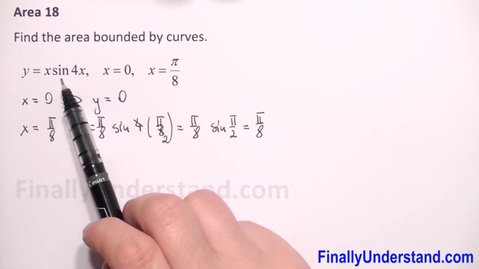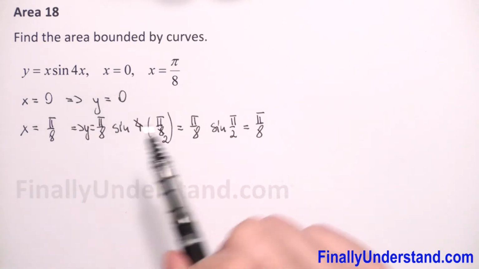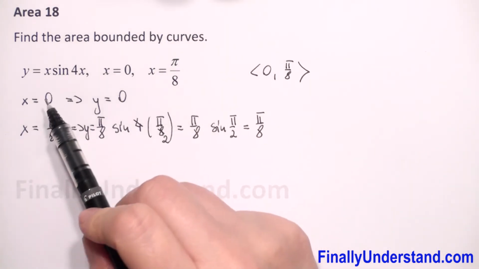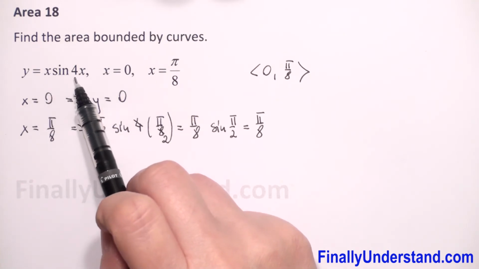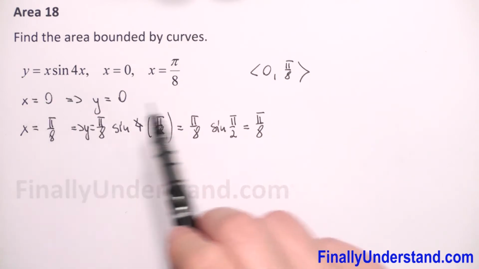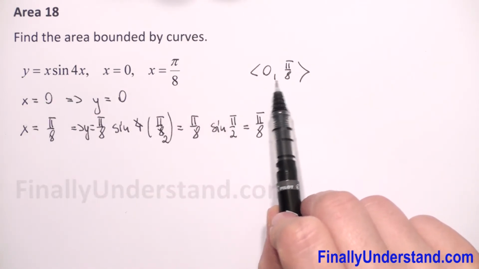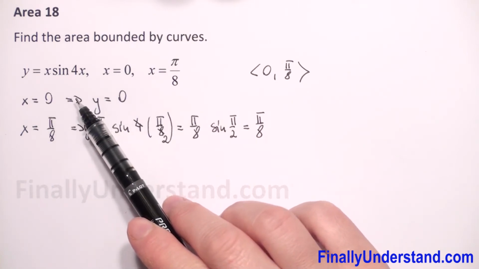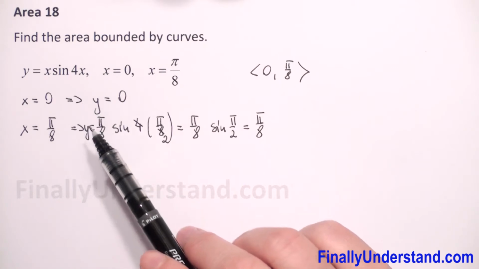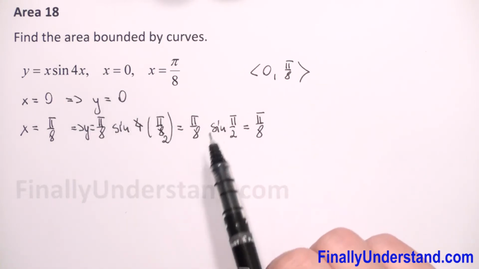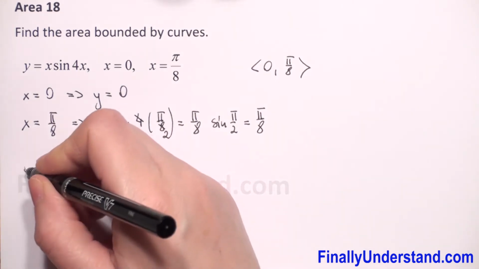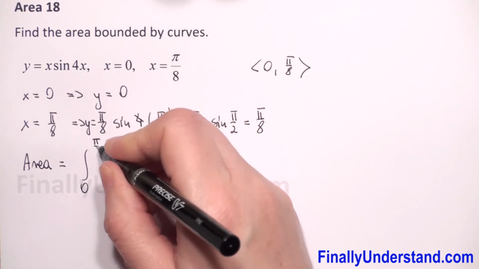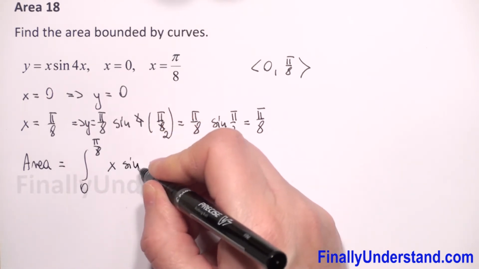Because we have here x times sine of 4x, and we have this interval from 0 to pi over 8, these values are positive. Sine of 4x in this interval has positive values. So when we multiply x times positive values, positive times positive, we will still have positive values. So our function in this interval will be positive. So the area of our curve will be equal to the integral from 0 to pi over 8 of x times sine of 4x